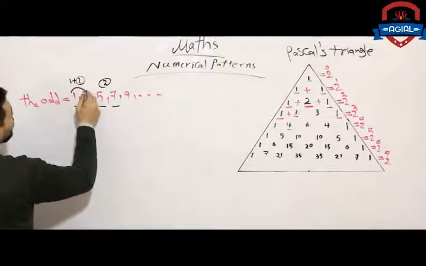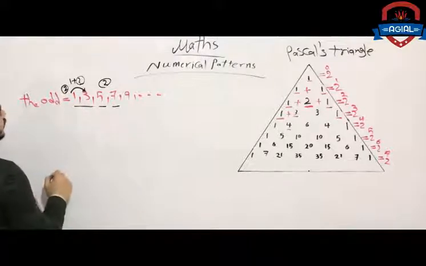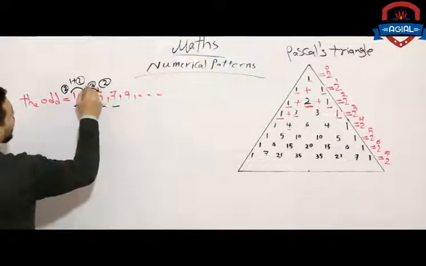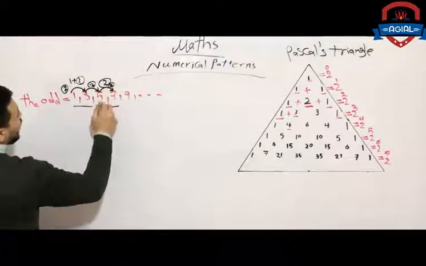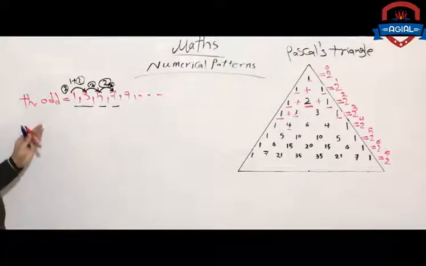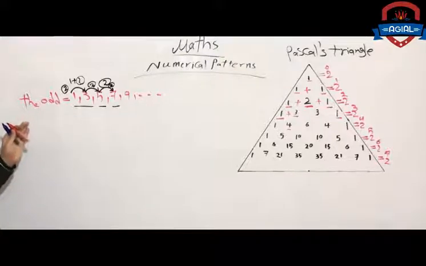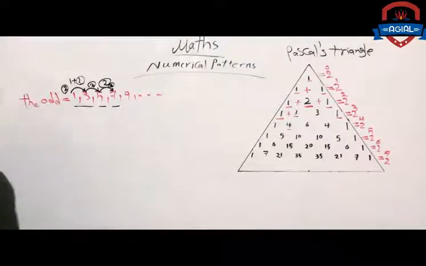From 1 to 3 we add 2, from 3 to 5 we add 2, and from 5 to 7 we add 2, and so on. So the particular rule here is to add 2, or each number is more than its predecessor by 2. If we have the even numbers,